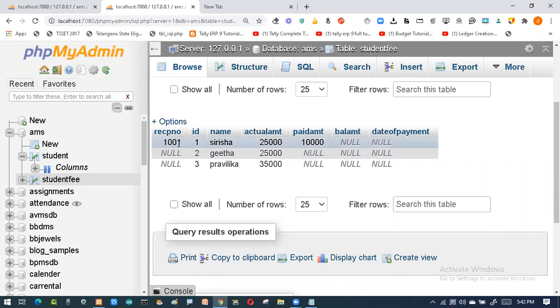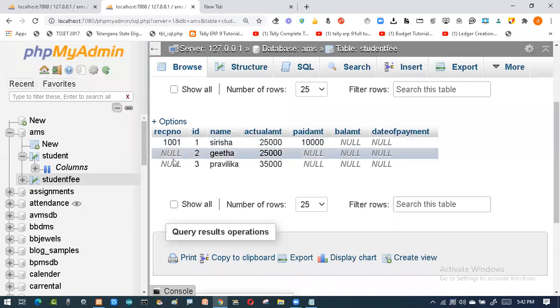That means if the old records are there, you can make the changes with the help of the DML command called update. When I want a new record, I'll go with an insert command. So this is the difference between insert and update. If a new record is there, go for insert. If you want to make any changes to the existing one, go for update.